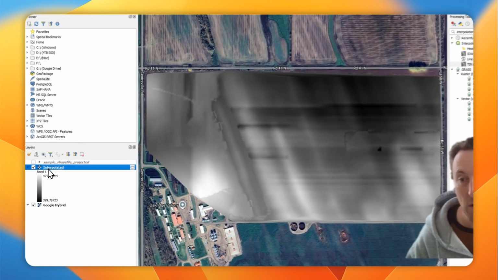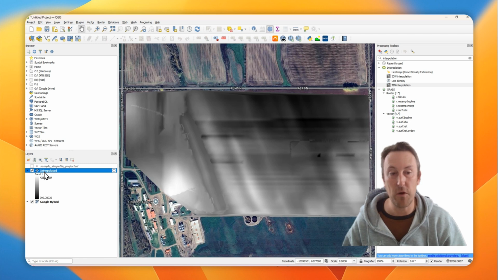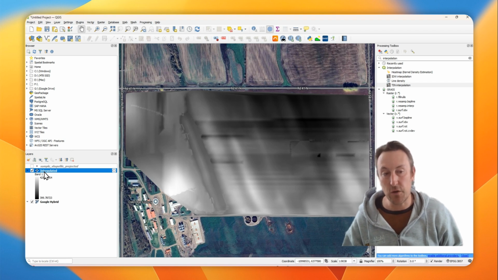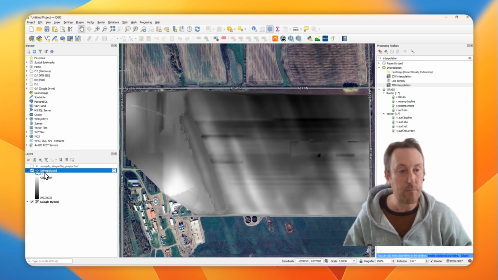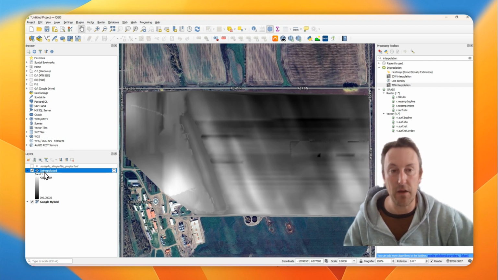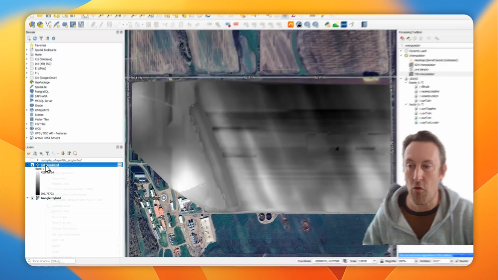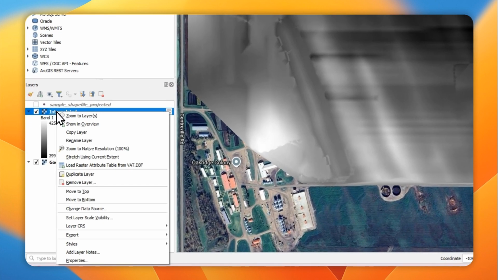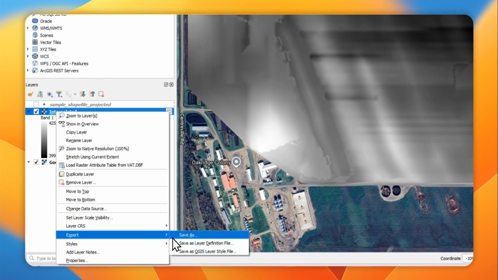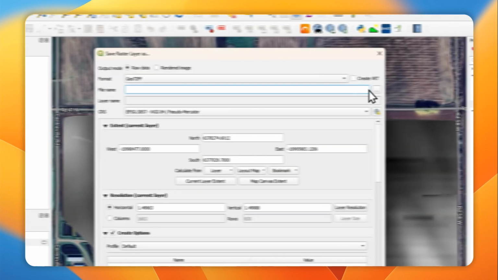Because I'm going to show you how to export it both for overlaying on the map, so it'll build that 3D colorful terrain, and also for uploading to create the custom flow lines as well. So the first one will be, we're going to right click on the interpolated file. We're going to choose export and save as. Leave it as GeoTIFF,